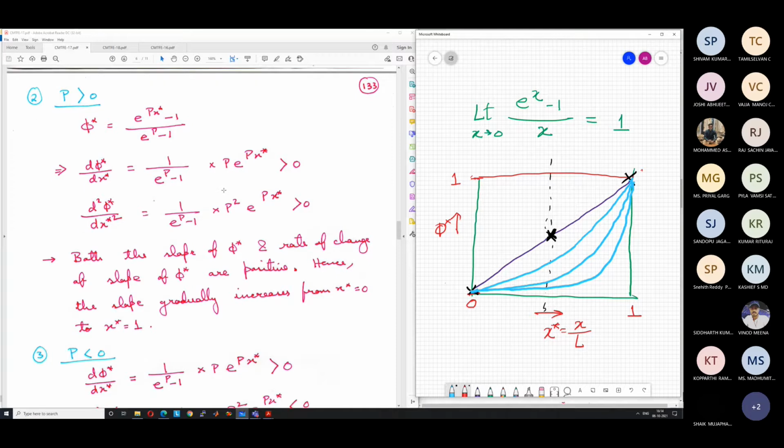Similarly, for P less than 0, we already know that we should find the opposite behavior. P less than 0 means that flow comes from right to left. So this value should be dominating the value at the midpoint. So the value here at the midline should be nearer to this value. So it should be higher than the average value that we should find. So let us try to understand that.